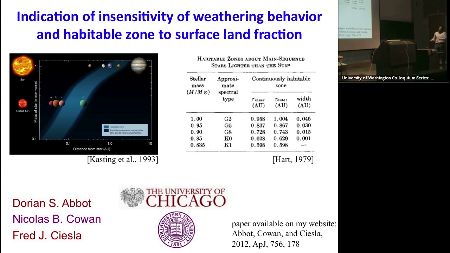If you don't include that feedback, but you do include the positive feedbacks of ice albedo and moist greenhouse feedback, just an increase in moisture and more greenhouse, you get a habitable zone that's something like maybe 0.05 to 0.1 AU. So it's something like an order of magnitude smaller, 10 times smaller. So this wide habitable zone depends on the silicate-weathering feedback.